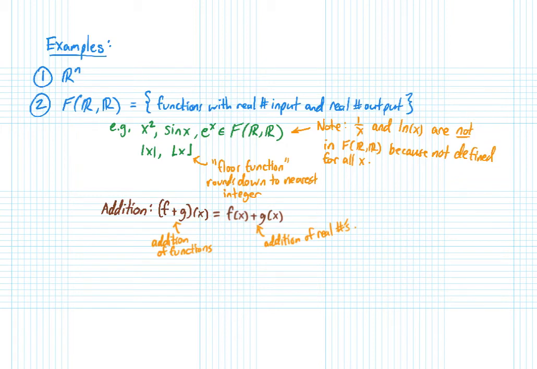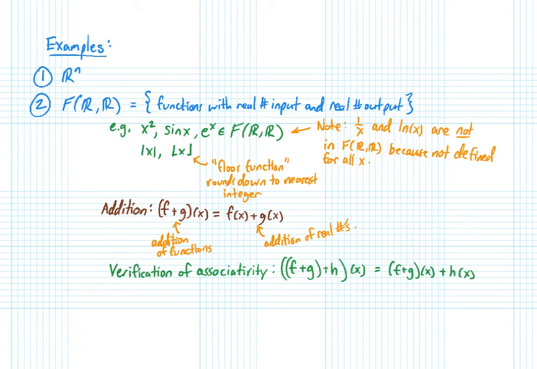of functions. And so, for example, using this definition of addition, we can verify the associativity property. And it works like this. If we have three functions, f, g, and h, and we're calculating (f plus g) plus h, then we can unravel that expression using the addition rule. So the first step would be to write it as (f plus g) of x plus h of x, and then use the addition rule again to rewrite it as (f of x plus g of x) plus h